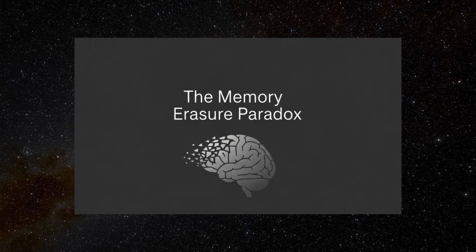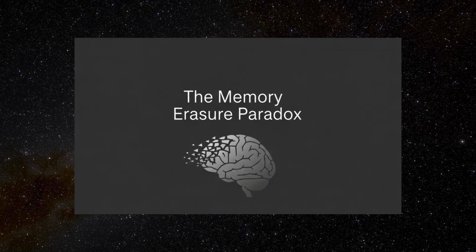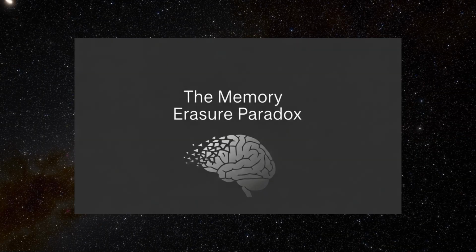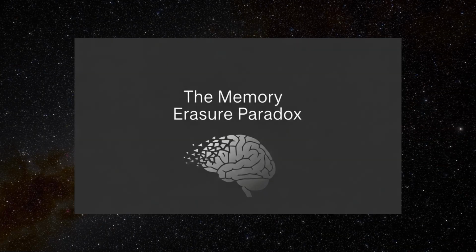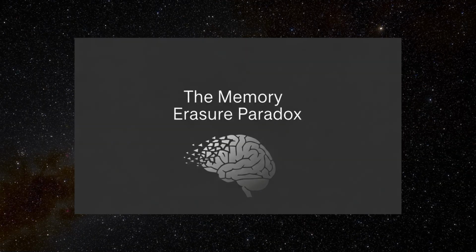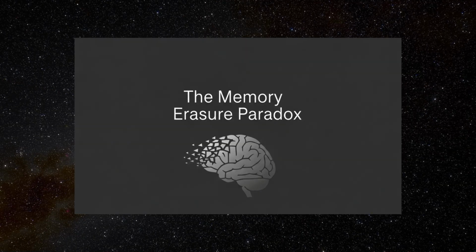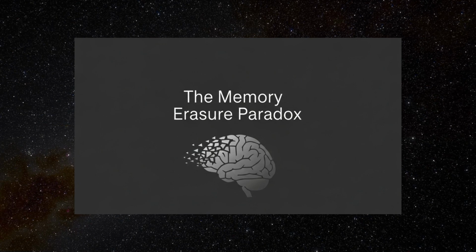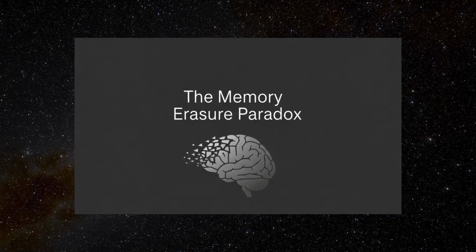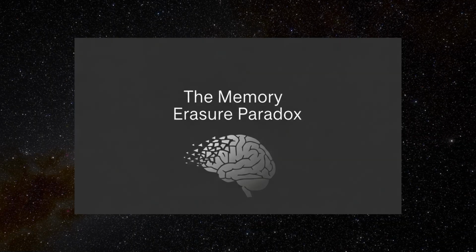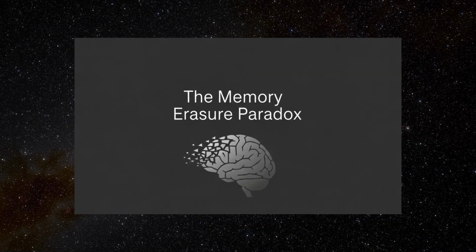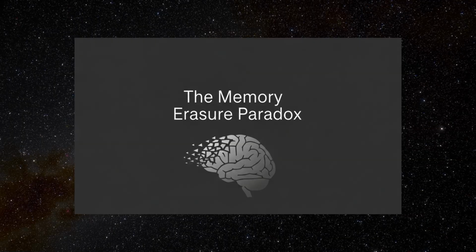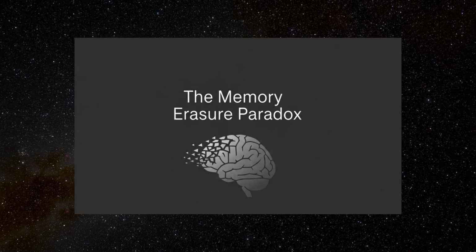Imagine a person agrees to undergo a procedure that will erase a specific memory, for instance, the memory of a traumatic event, or even the memory of undergoing the memory erasure procedure itself. The process is supposed to be absolute. Once complete, the person will have no recollection of what was erased. The paradox emerges when we ask: can a person know that a memory has been erased if the erasure was